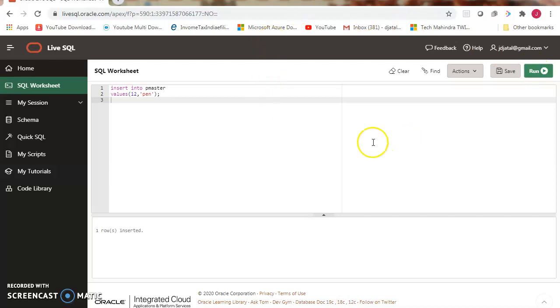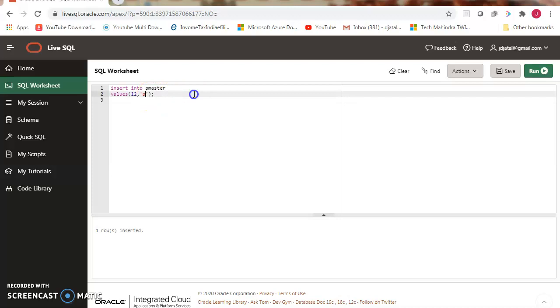Okay, one row inserted. Now I am inserting the same record, changing only the product name by keeping the product number as 12, same as the first record. What will happen here? Execute this statement. Okay, here an error occurred because we are inserting duplicate values in a column which we declared